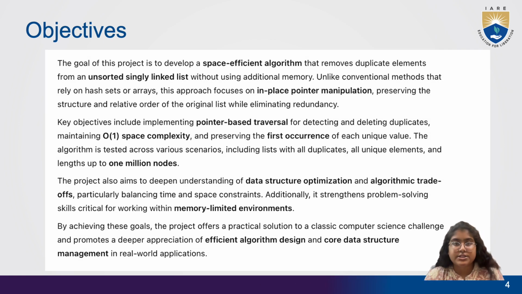Moving on to the objectives of the project. The key objectives of this project are to understand and implement pointer-based traversal techniques for in-place node deletion, to preserve the relative order of nodes while removing duplicates, to operate under strict space constraints, achieving a space complexity of O of 1, to validate the algorithm across diverse test cases, including fully duplicated and fully unique lists, to reinforce